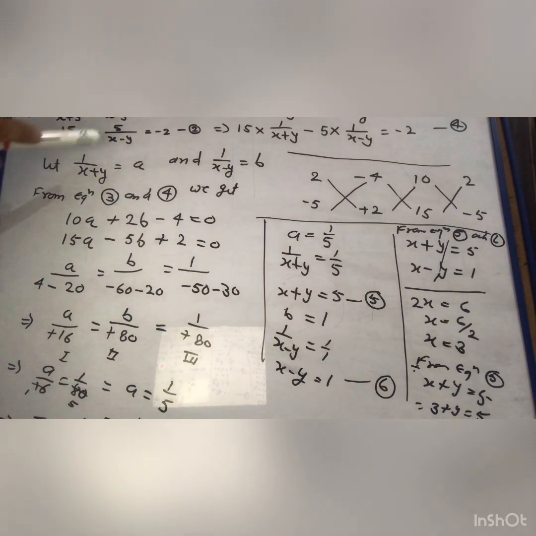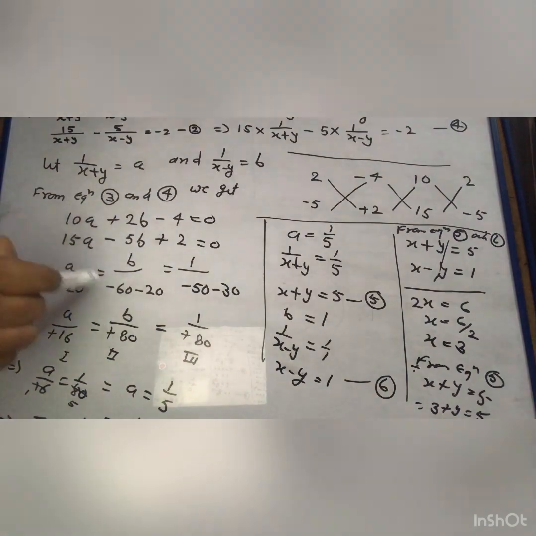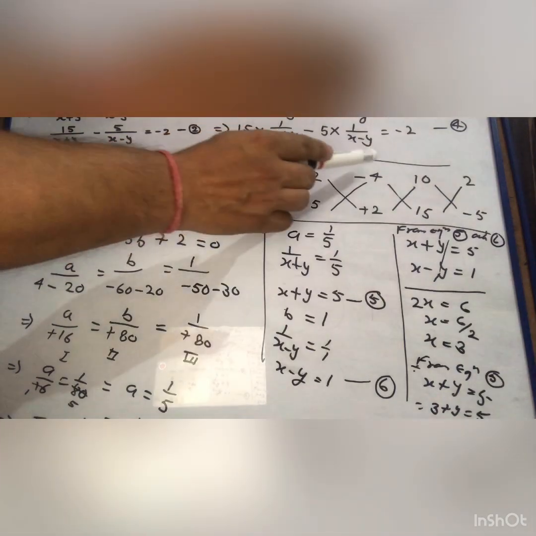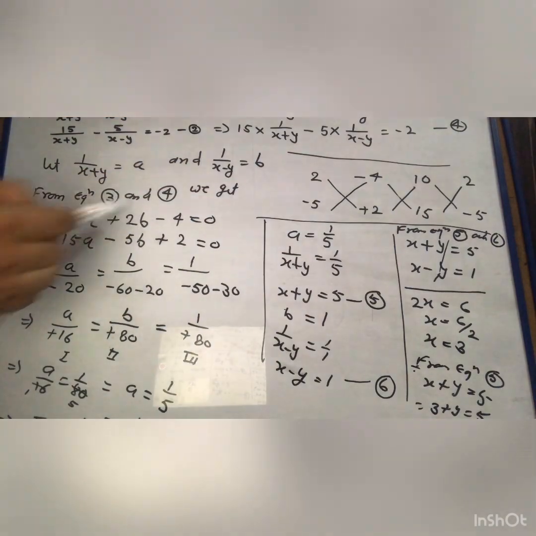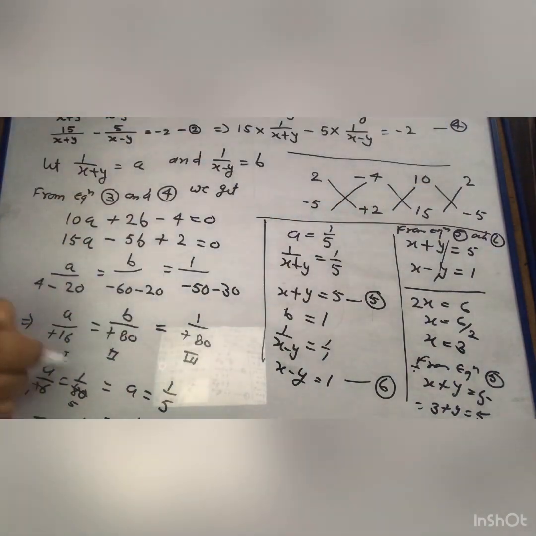Thus you have to solve a reducible pair of linear equations in two variables. First of all, you will consider new variables. After that, when it is changed into a pair of linear equations, you will apply any method. Here we apply the cross multiplication method: you write the coefficient of b, after that the constant term, after that the coefficient of first, and once again the coefficient of b, and by cross multiplying you can write serially. After that you can solve it.